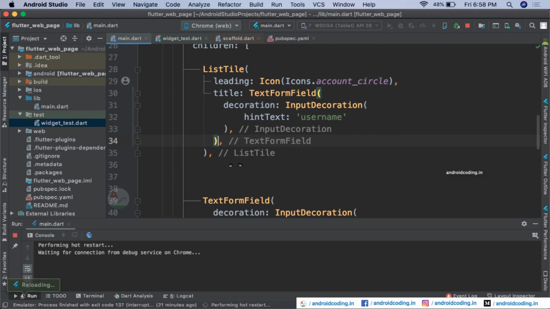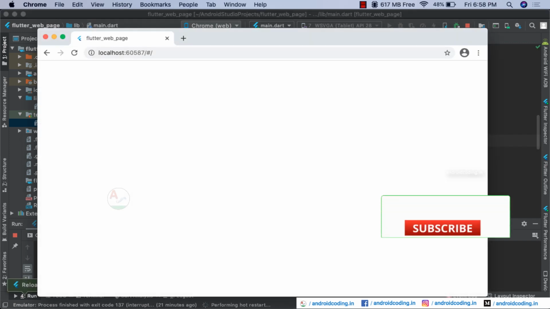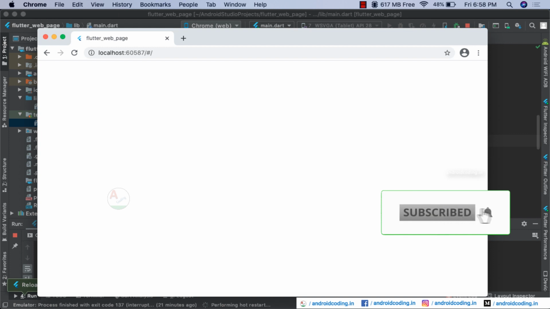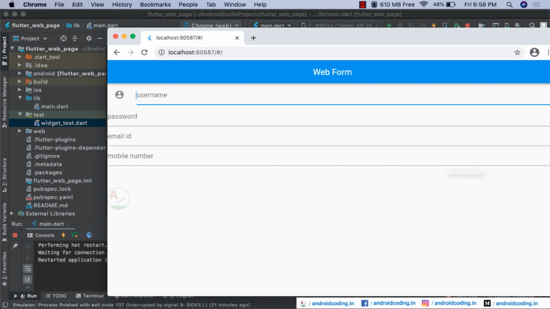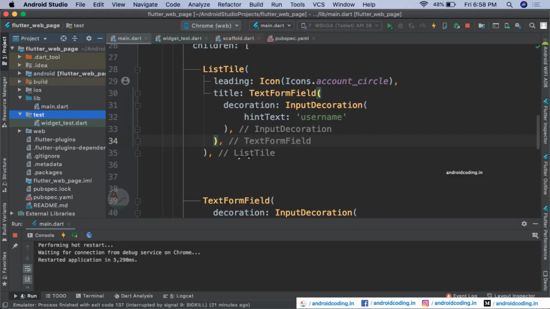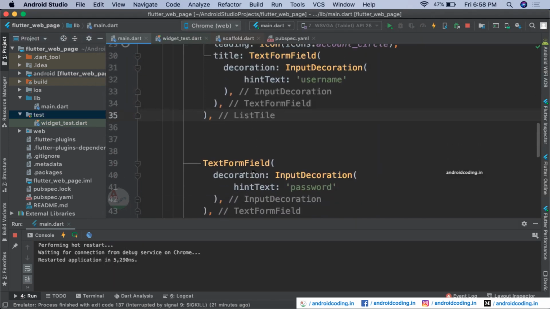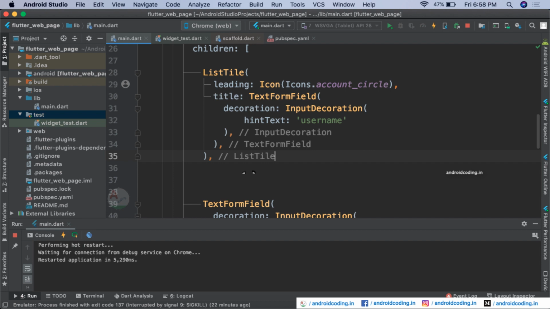And now try to refresh the view, and here you can observe how our list style will look like. So here we are having an icon on the left hand side, and on the right hand side we are having a text form input field using which we can specify the user inputs. And also let us make the same for every field now. So I'm just skipping the video now. You can just follow the procedure which we have done for the username, and you can add the other tiles also.